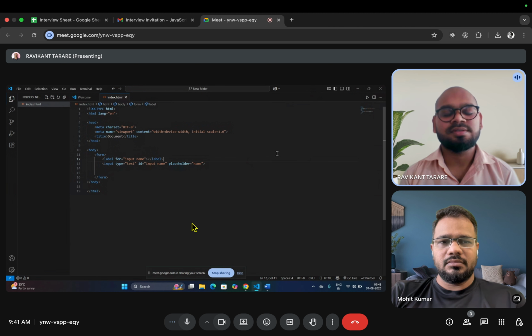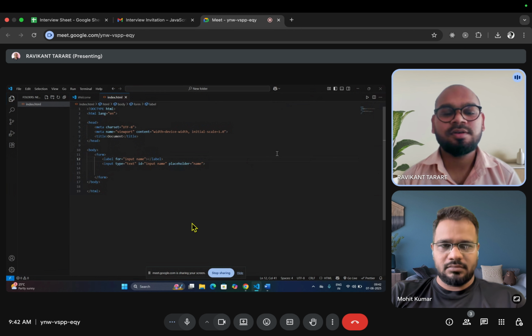Okay, got it. And the difference between let, var and const? These are keywords to declare a variable. With let, we can update the value of the variable, but with const we cannot update the value once we declare it.